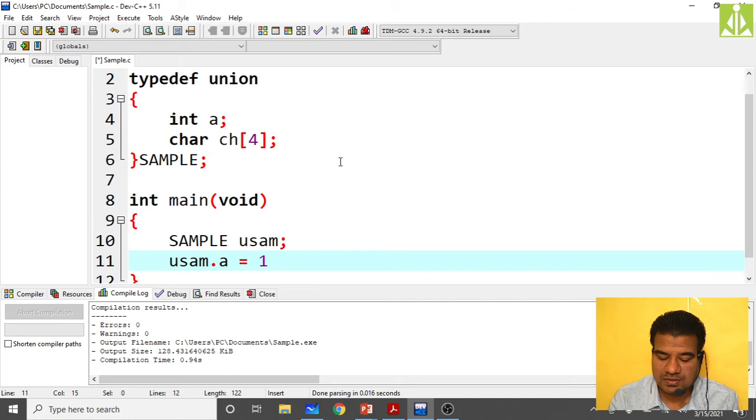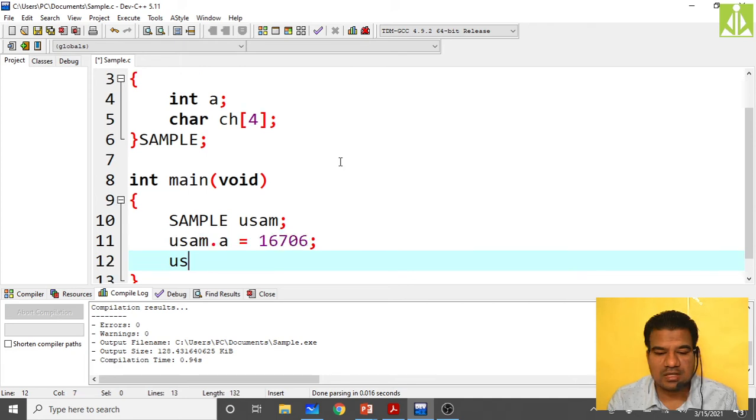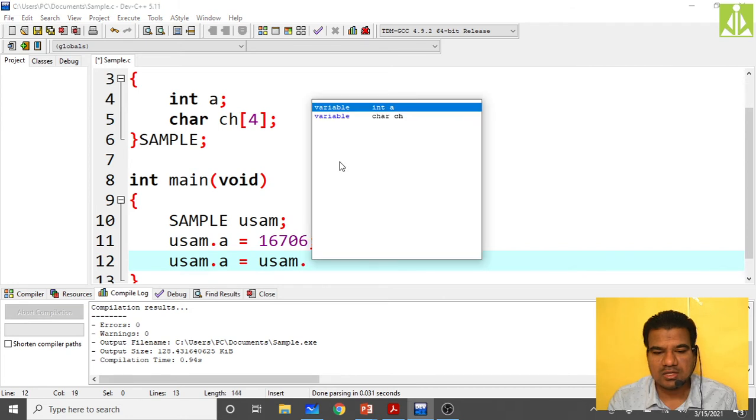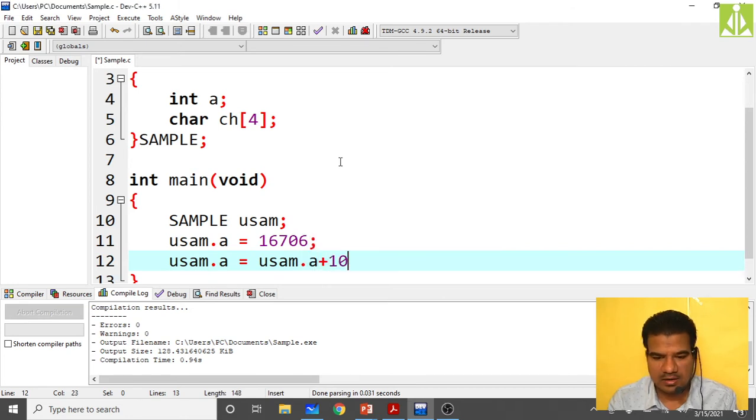After this, whatever manipulations you want to perform, you perform here. I want to add 100, let us assume: usam.a = usam.a + 100.